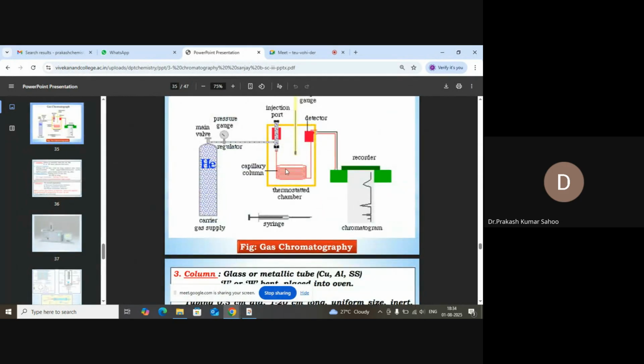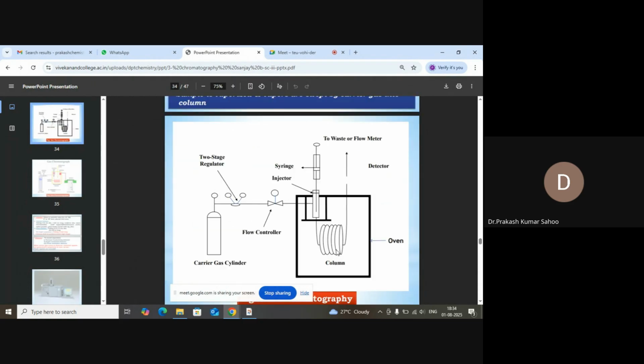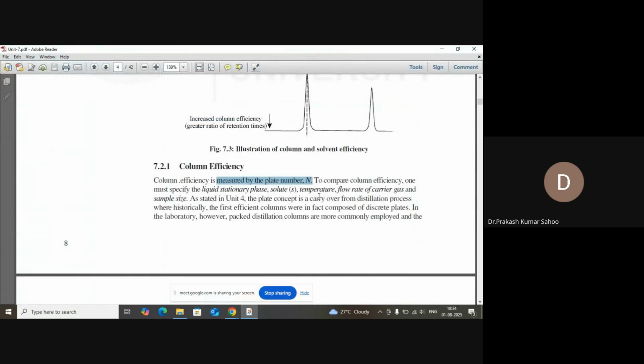So this is plate number 1, 2, 3, 4, 5, 6, 7, 8, 9, 10, 12. So how many plates are there? This is one of the big factors of your column efficiency. To compare column efficiency, one must specify the liquid stationary phase, solute, temperature, flow rate of carrier gas, and sample